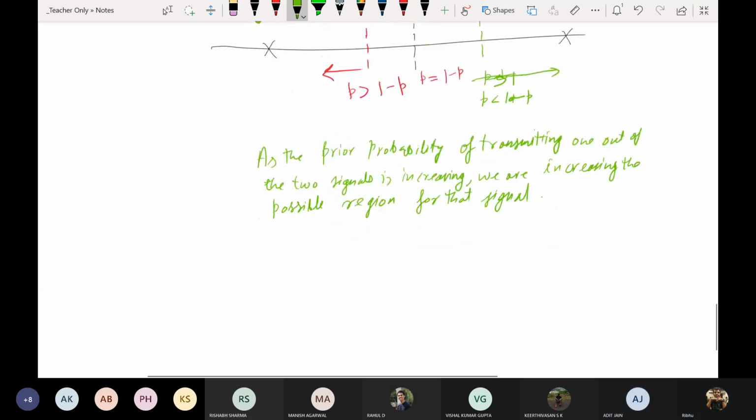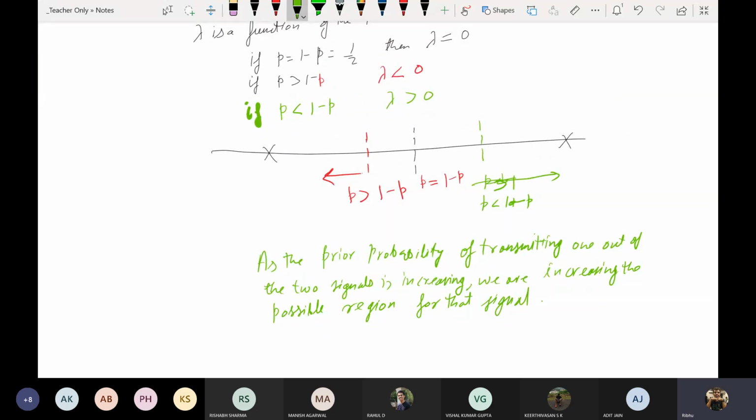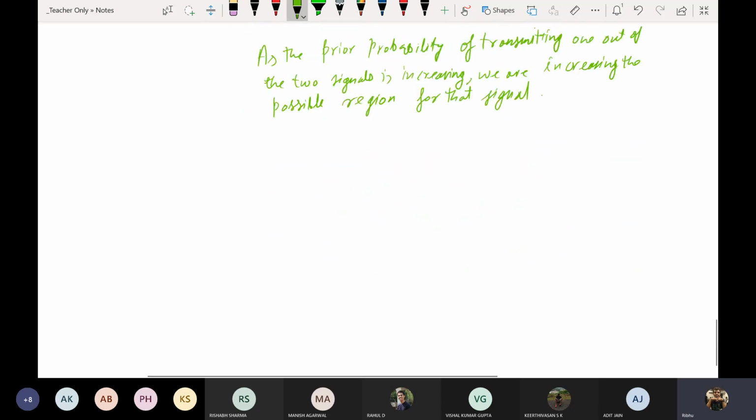So change lambda and the detection threshold changes. As P goes to 0 or 1, the threshold will change to minus infinity or infinity. You agree on that? So this is basically how we divide the entire space into decision regions. Once we have decision regions,